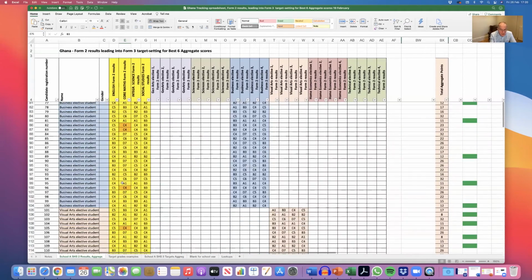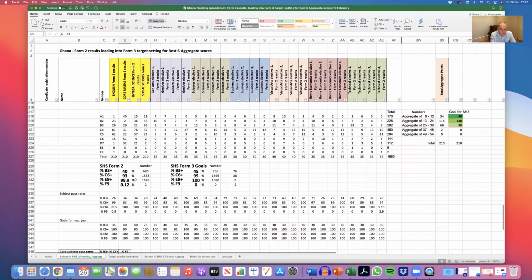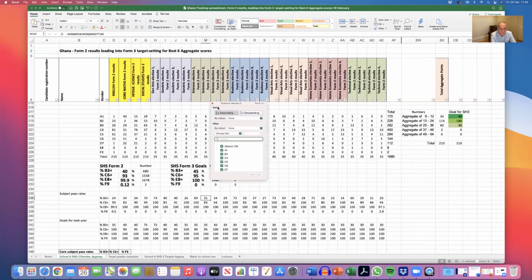And of course, the other subject areas might want to do the same. So let's look, for example, at this subject here, which is one of the science electives. They might decide, I'd like to get more of these C4s into B3. Click, sort,